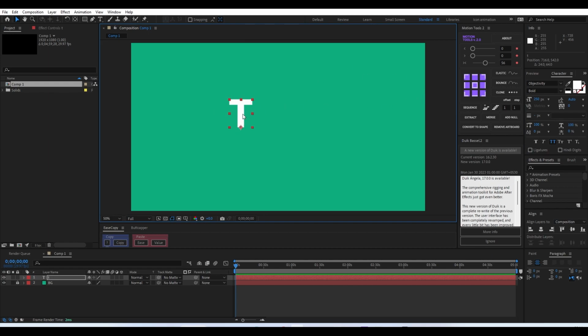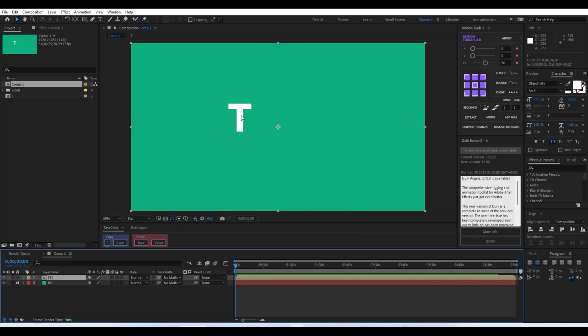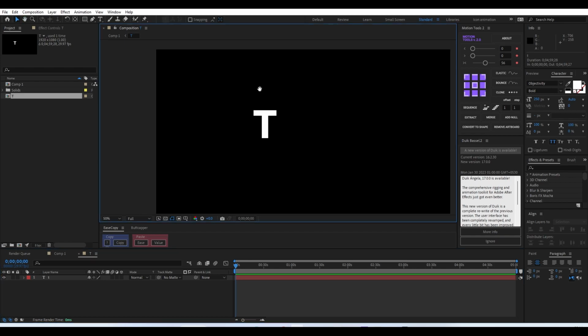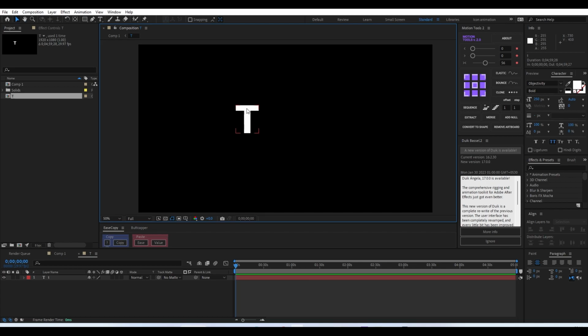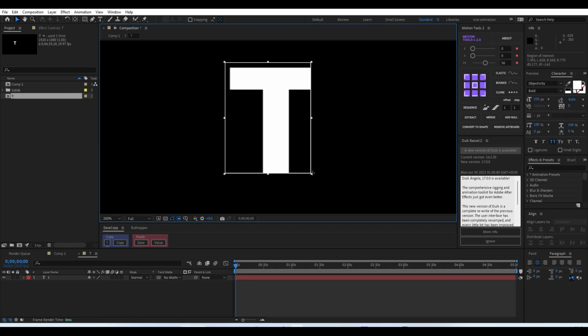and after that we'll just create a composition with this letter, and we'll name it T, and we'll go inside this letter and we will just crop that entire workspace to only contain the single letter. We don't need this extra space or anything like that. So what we'll do is zoom in a little bit, and at the bottom of this composition window you can see an option called region of interest. You just have to select that, and we'll just drag and select the entire area we want here,